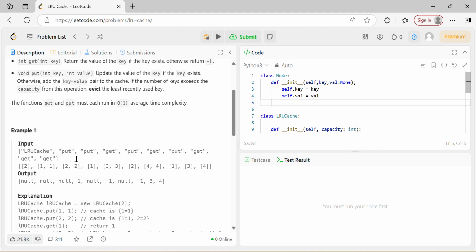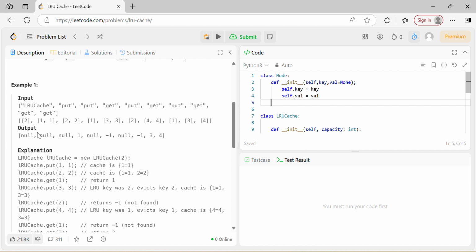I still don't know what's going on over here. The output is null. Okay, so it's just initialized, so it's null. Put is null as well, so you just did 1 1 and that's still null. Get for 1 it's 1. Oh, okay, so it's a tuple. For put you require a